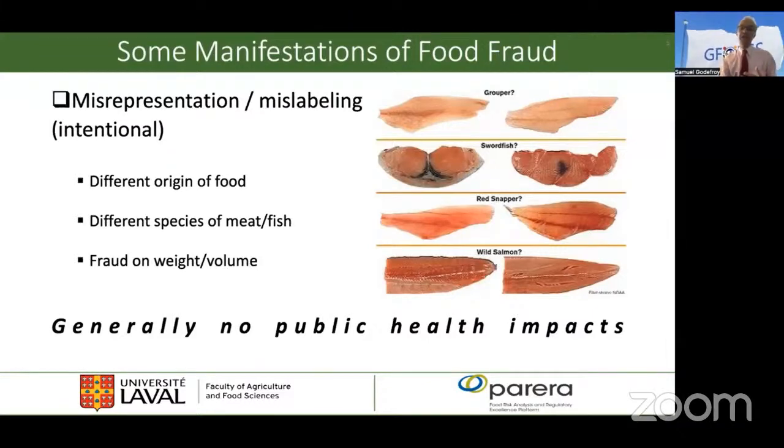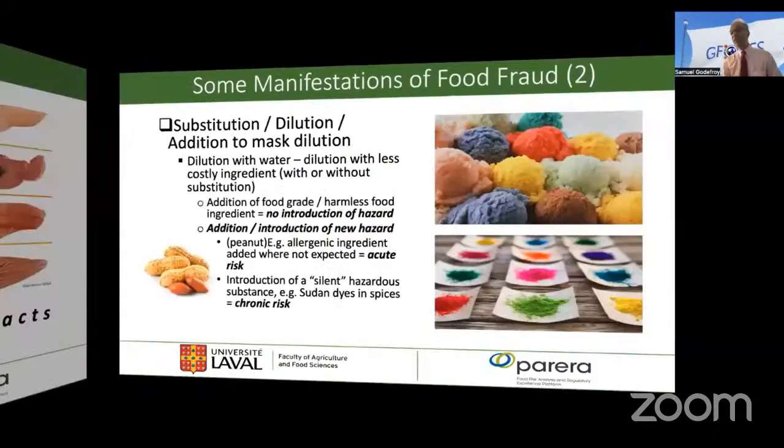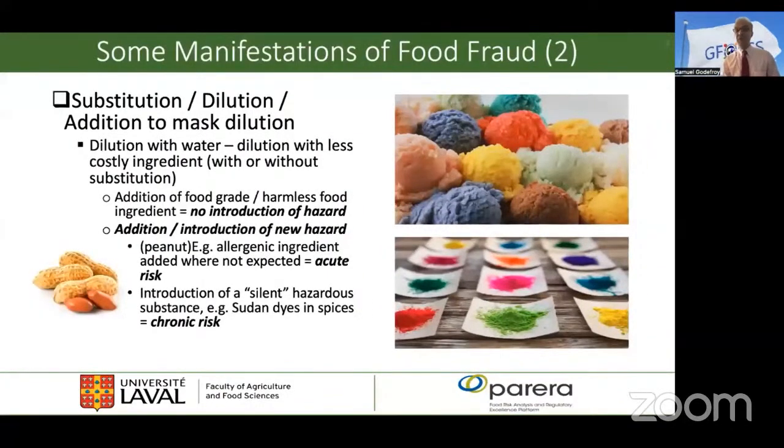So essentially misrepresenting these values, trying, of course, to have more gain. Now, generally, these incidents do not result in a public health impact. When public health impacts may be foreseen is when we alter the composition of the food. And generally, this happens through a possible dilution of the product and then a substitution with the potential to mask